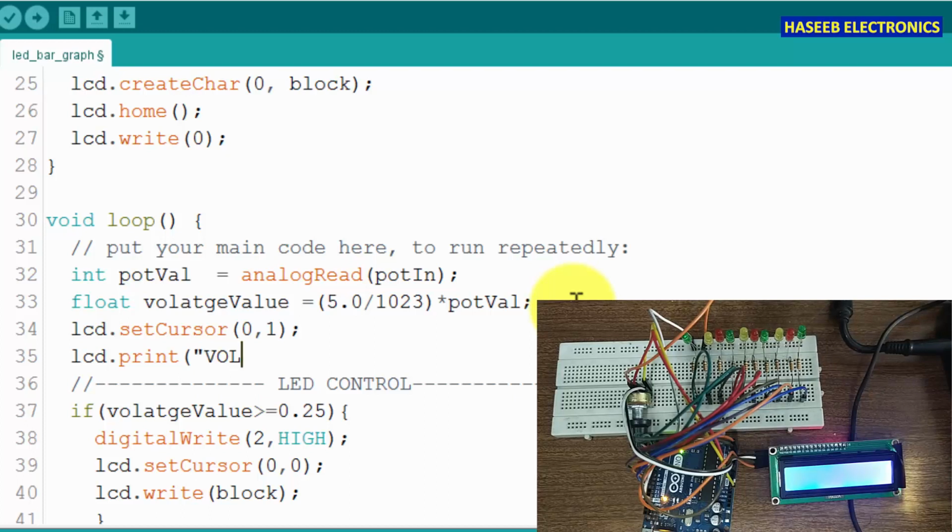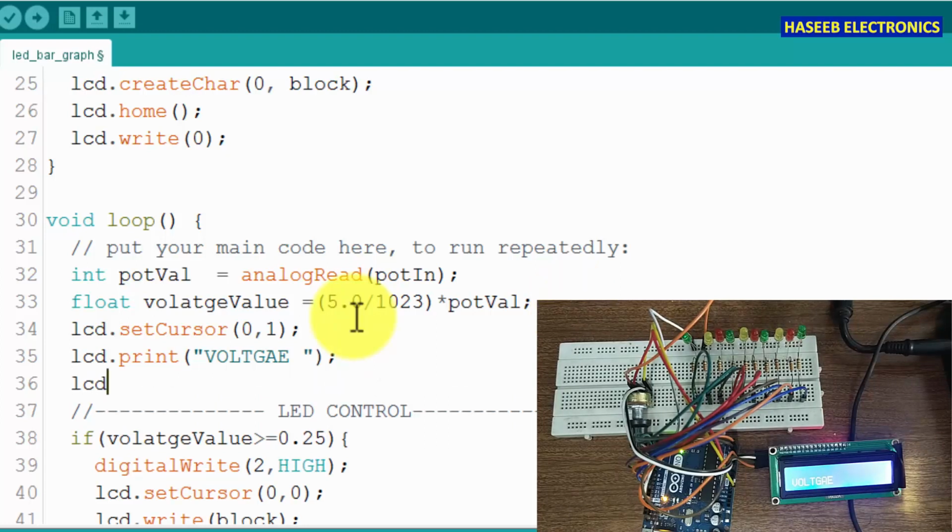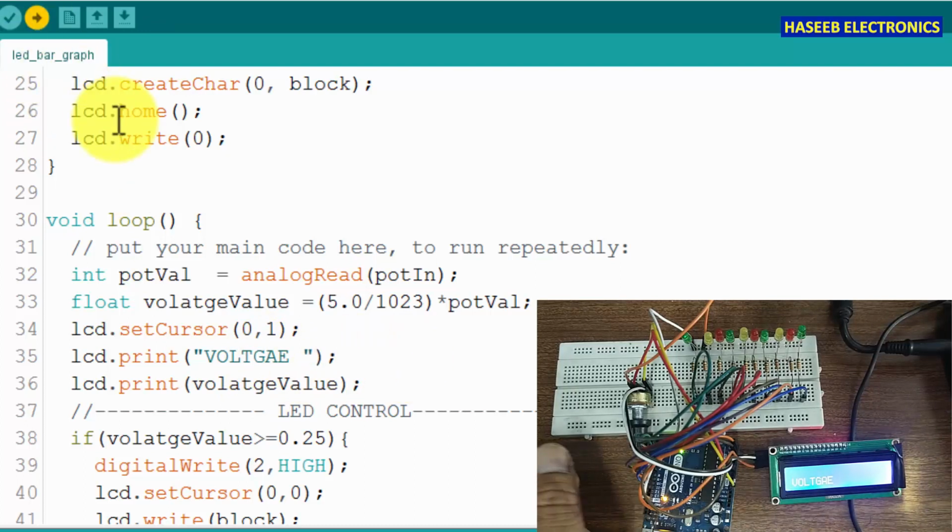We can say "Voltage", space, comma, and then we will say lcd.print. After the voltage label we will display this value. Now it will show the voltage